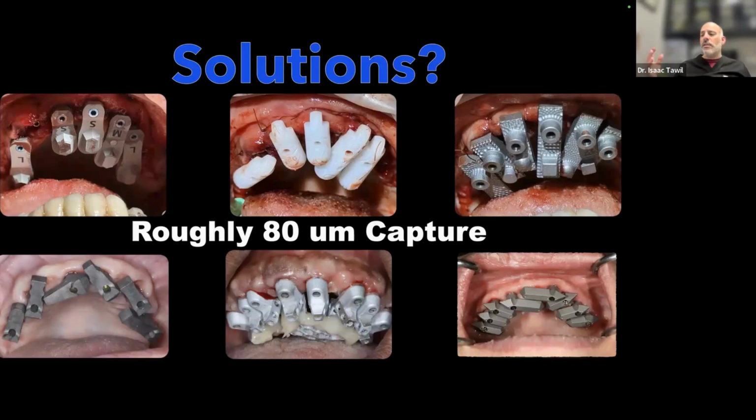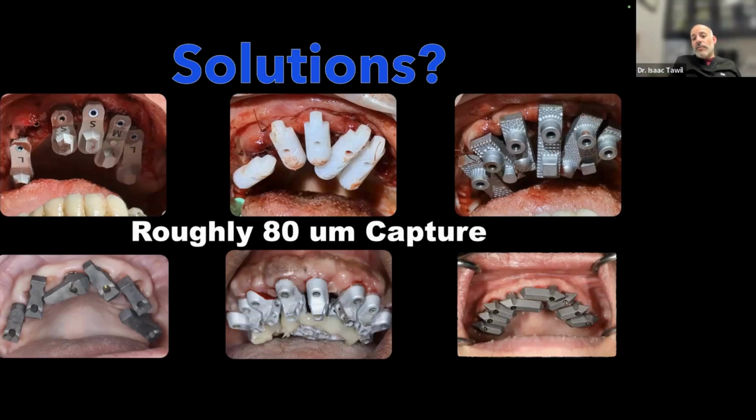The Nexus iOS. They haven't opened it up to a lot of labs because they know they're not perfect. It's hard for them to capture everything in that realm, and it's not the fault of the device. The device is fine. The Scan Ladder, Nexus, all of that, it's great stuff. The problem is that we only get a good amount of capture on it because the scanners can only be that good. And roughly, in my own studies and other papers you'll see, we can get to as good as about 80 microns worth of capture using these devices.